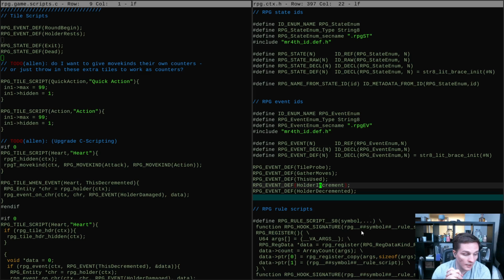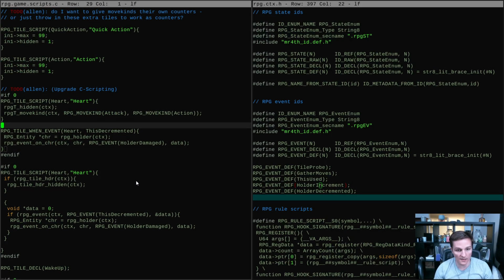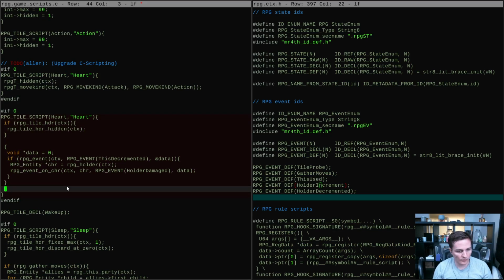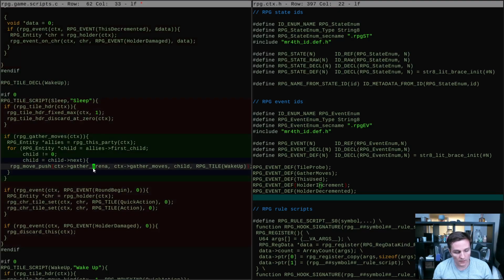And so you couldn't hook when a holder tile would increment separately from something else, as an event of its own. You would have to go and modify the tile you wanted to hook so that it exported a unique event that it could broadcast to you, right? And I think I want to do it the other way around now. I think I want to be able to say something like, instead of the heart having to say when this gets decremented, I want to see what it'll feel like if instead